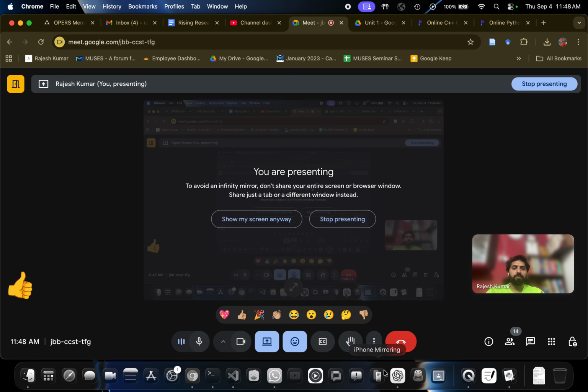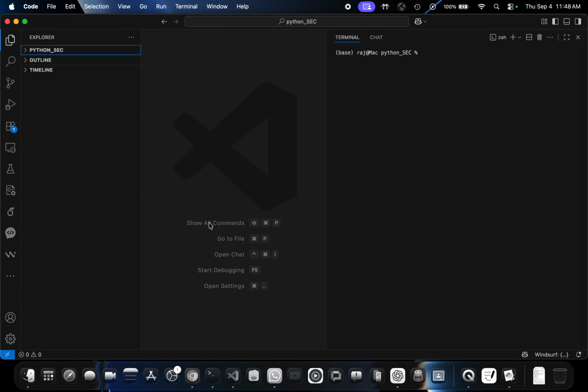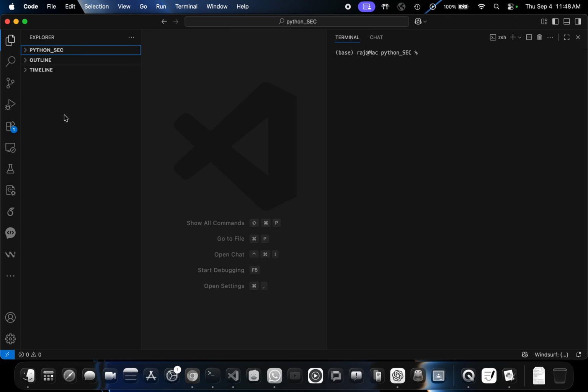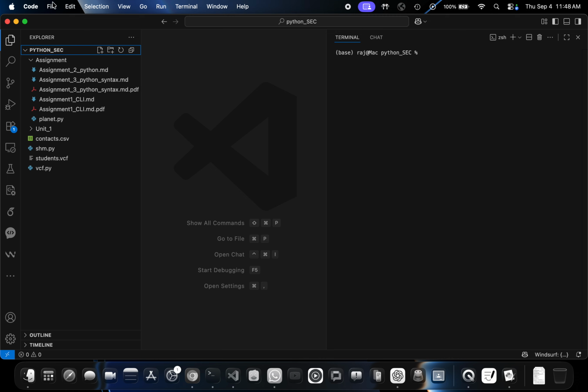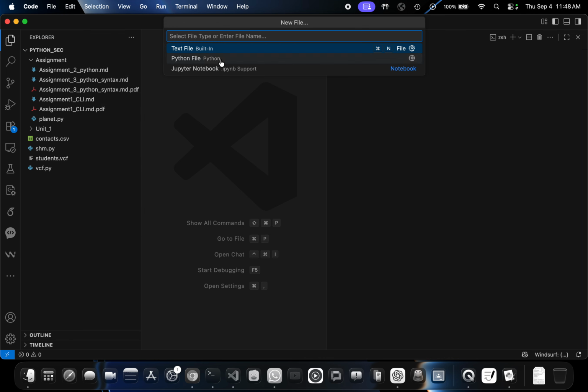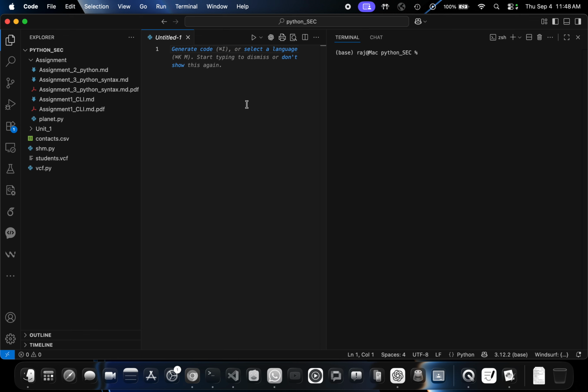Okay, so let me give you this example and then we will be done for the day. I am in some folder in my computer. Inside that folder, I created a new file and selected it as a Python file. And I write again my classic example of num is int, and then input.